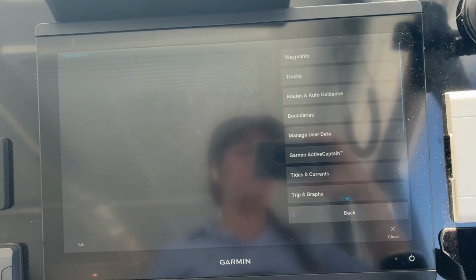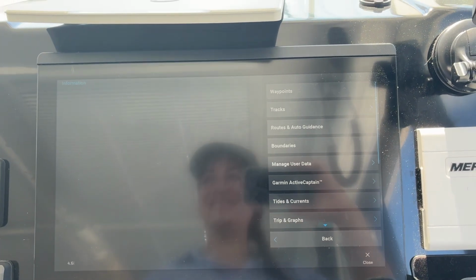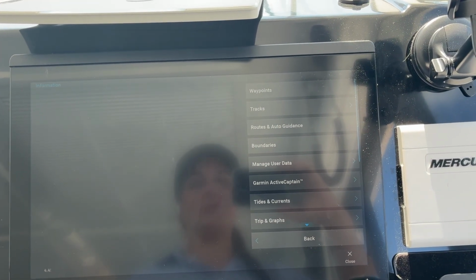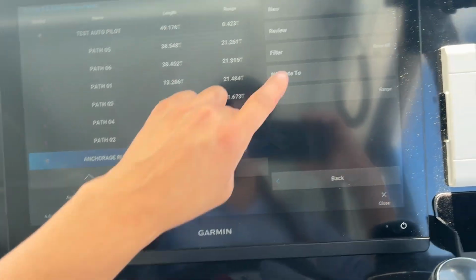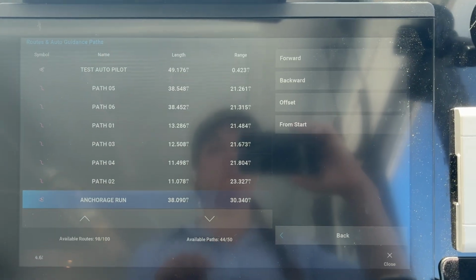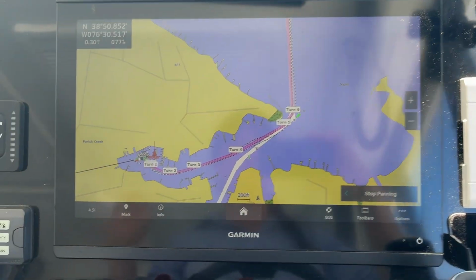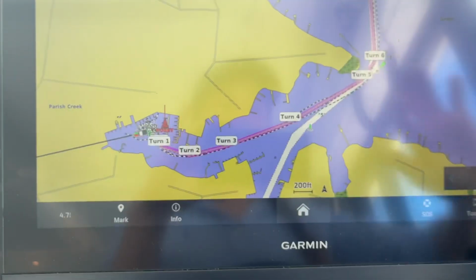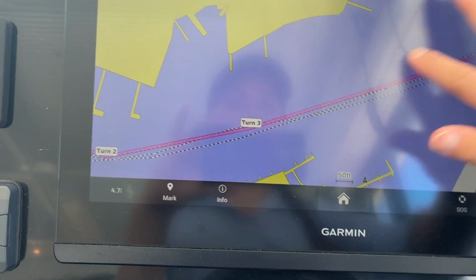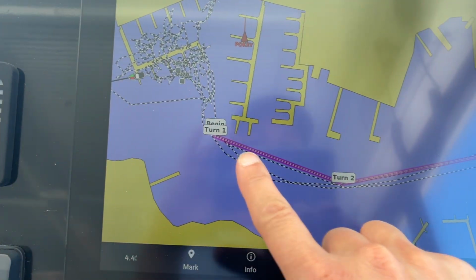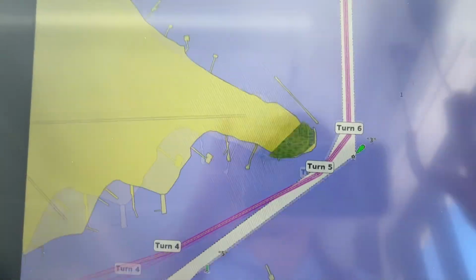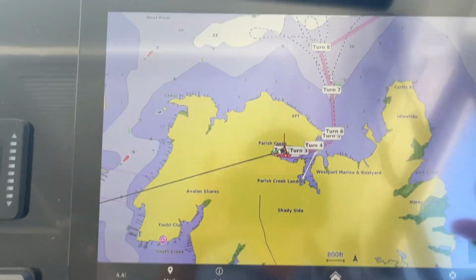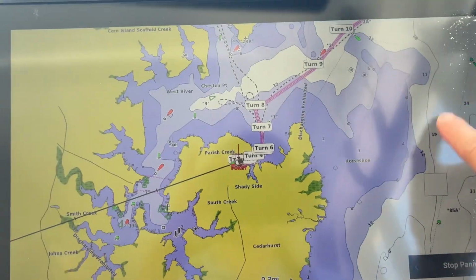But when you do want to go home and you are on your initial delivery, because I built the route backwards, routes, Anchorage Run, navigate to, in this scenario, we're going to say go backwards. Okay, which is perfect because now my turns, it's going to start here with 1, 2. I don't normally drop waypoints all the way up in here in the creek. I normally drop my first waypoint there, but I just wanted to play with that functionality today and see how